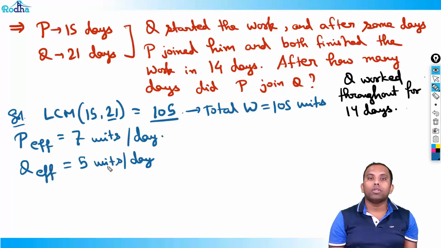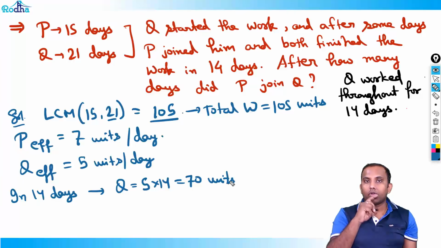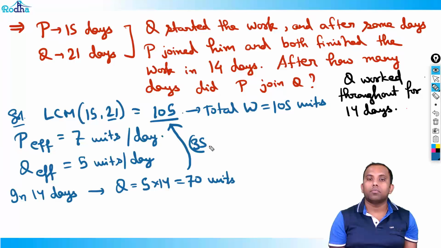So in 14 days, how much work will Q do? 5 into 14. Q will do 70 units work on his own part. That means the rest, 35 units,